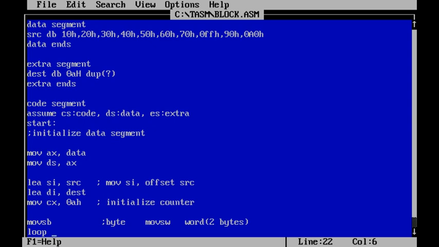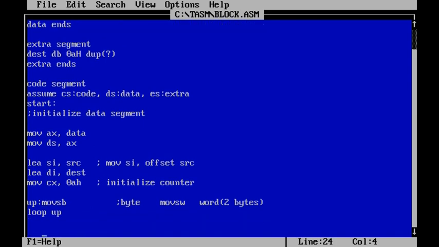If not, it will jump again to the label given here. I am using the label up, and I want to repeat this instruction, so I will use loop up. This will go on repeating until my counter becomes 0, so the complete transfer will take place.